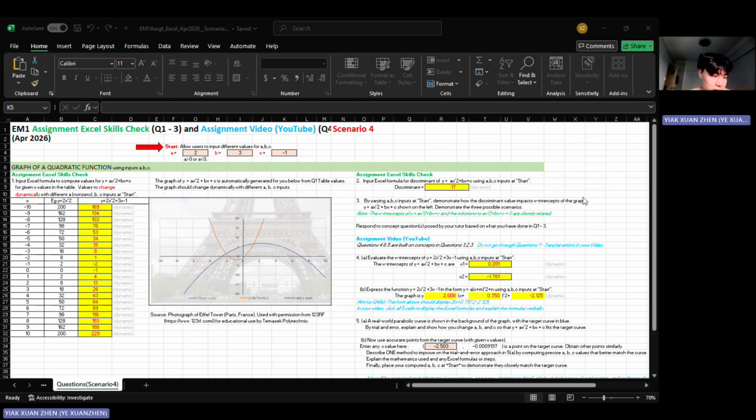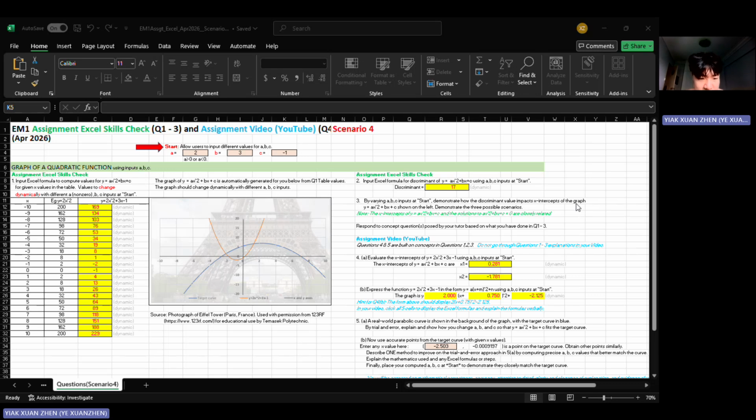Hello, in this video, I'll demonstrate the equations. I'll demonstrate questions 4a, 4b, 5a, and 5b. Firstly, I'll verify the x-intercepts and the vertex form of the quadratic equation by changing the values of a, b, and c. Then I'll show you how these parameters affect the graph and finally explain how accurately the determined equation best fits the targeted curve. For questions 4a, I entered values of a equals 2, b equals 3, and c equals -1